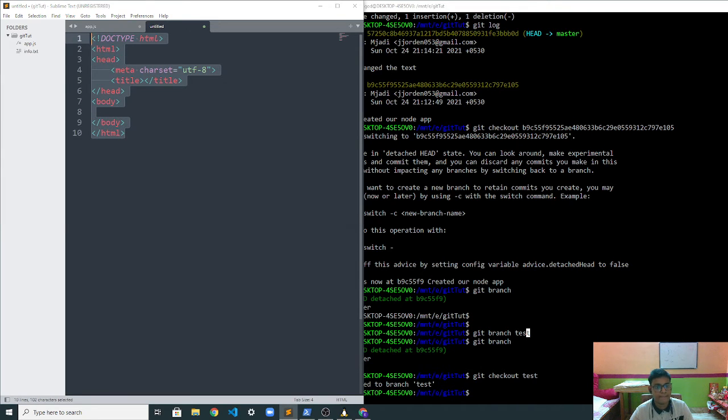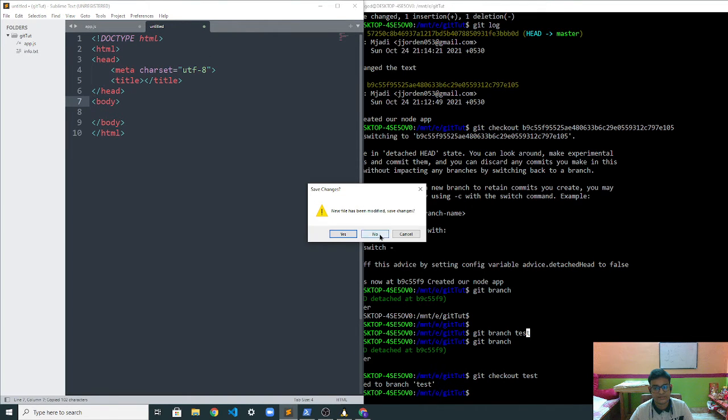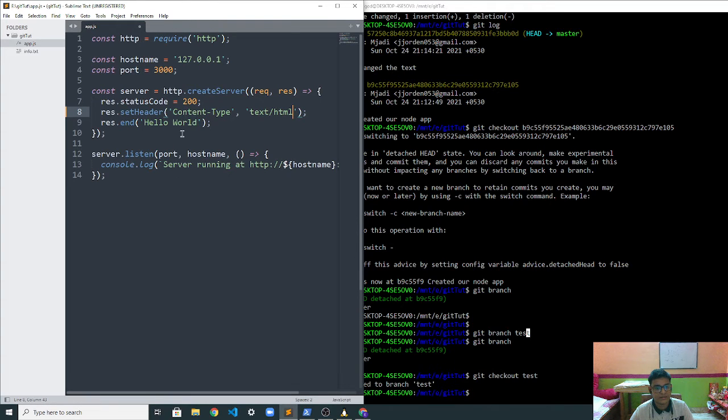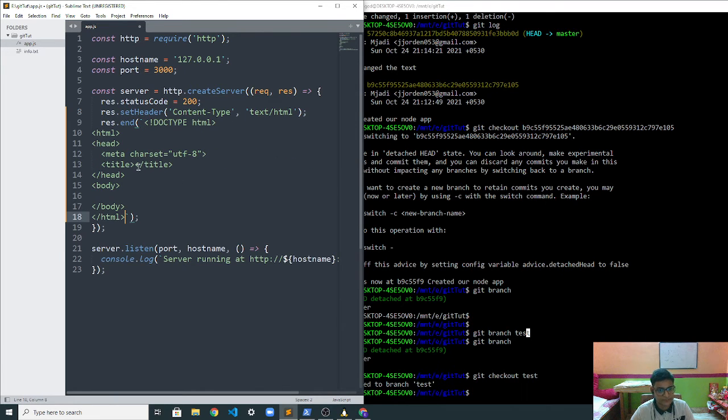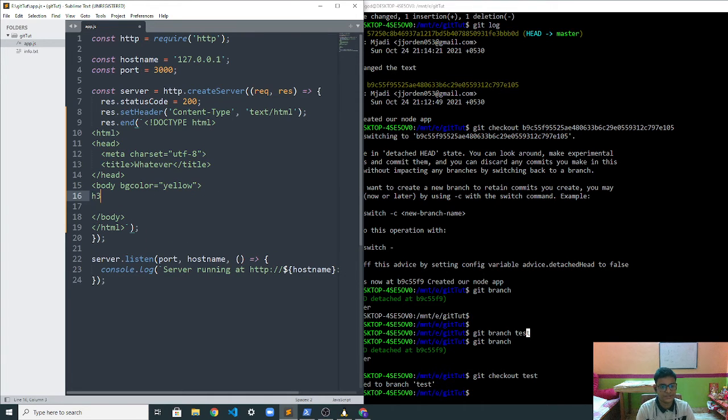I wanted the boilerplate, and we need to add this over here. In these curly braces we will add the boilerplate, and a title, whatever, and in the body we want to give a bg color, anything yellow, and we want H3 over here for some reason.